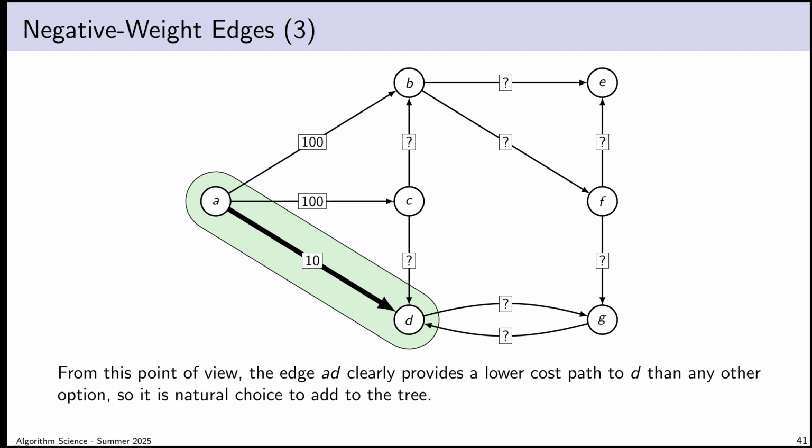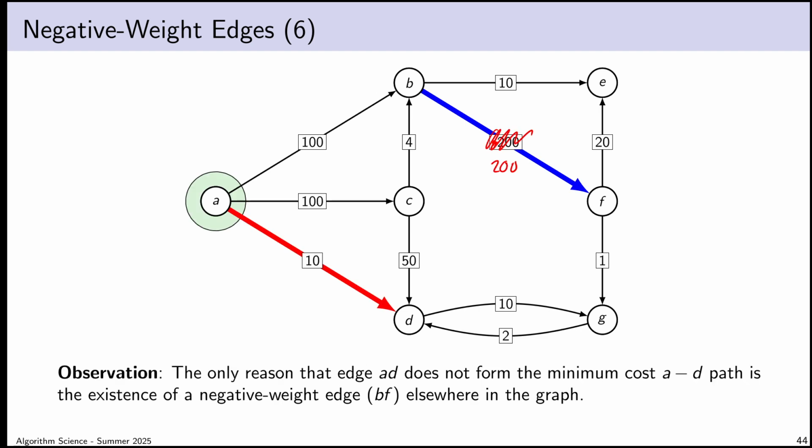So if I know that no edges have negative weight, then there is no way that I could turn a path that began with the edge AB into a path of total cost less than 10. It would be impossible, because how do you add a bunch of non-negative numbers to 100 to get a number less than 10? It's not going to happen. Same thing with the path through AC. The only reason why my assumption didn't hold was that there was a negative weight edge in the graph.